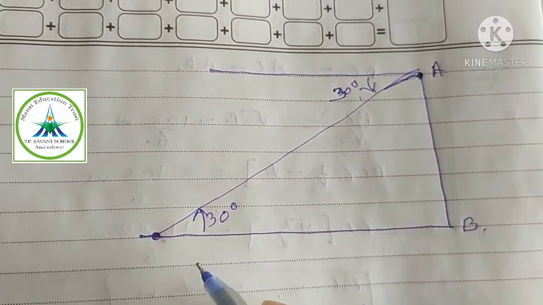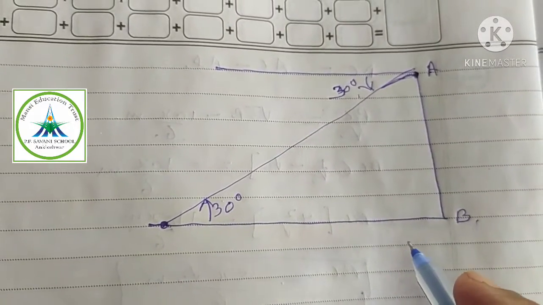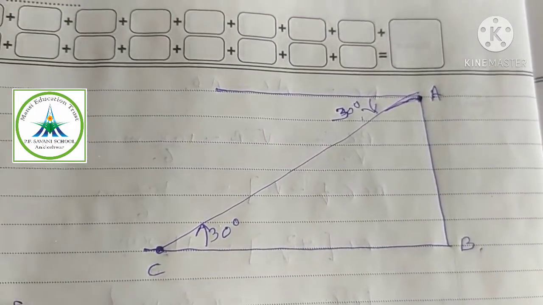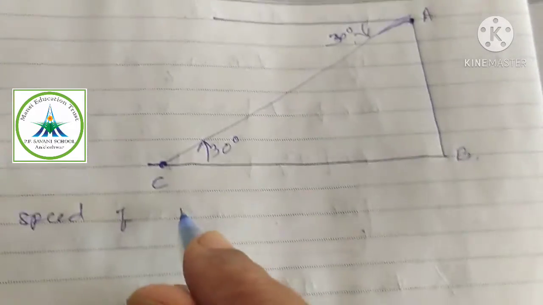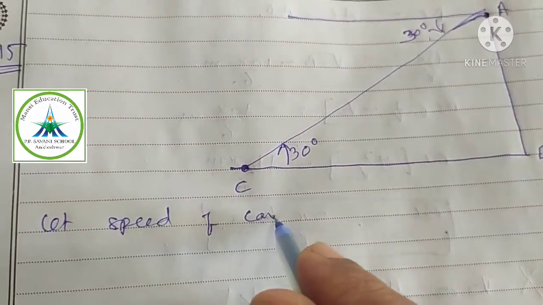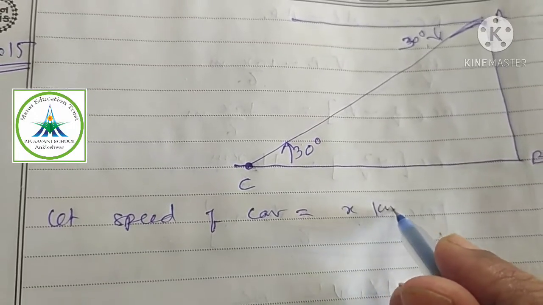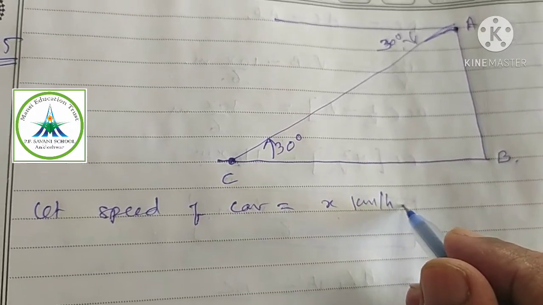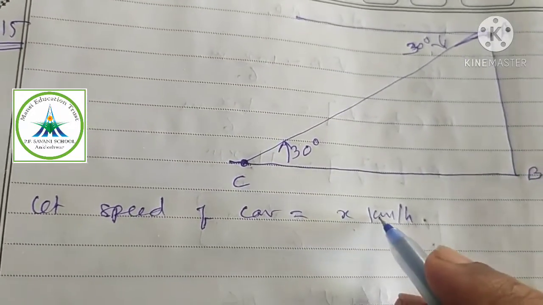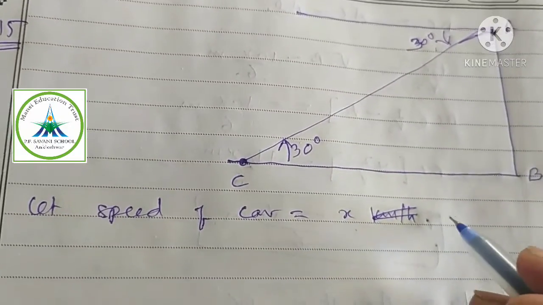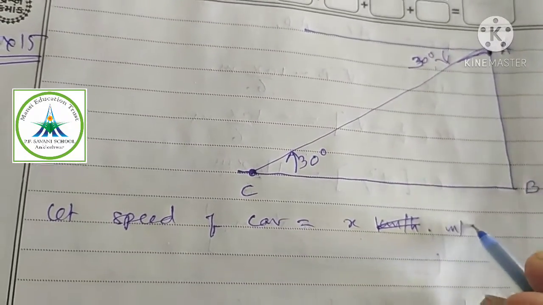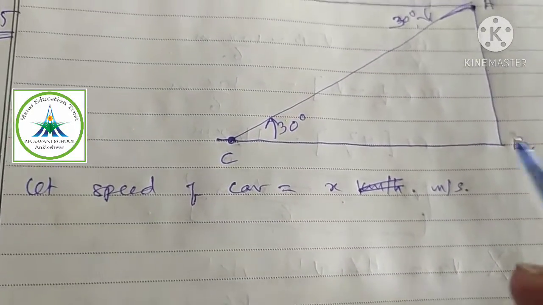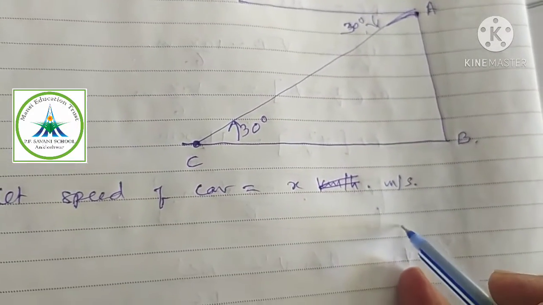Now this car is approaching the foot of the tower with uniform speed. We will assume, say this point is C, let the speed of the car equal x kilometer per hour. Okay, or we can assume speed also in seconds. No need to make our calculation difficult. x meter per second. Okay, we are assuming it. Clear? Because time is given in seconds, then we must see.